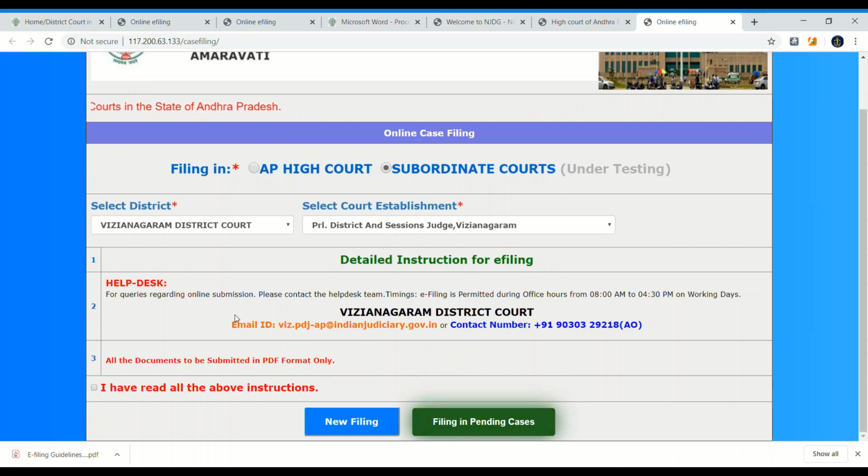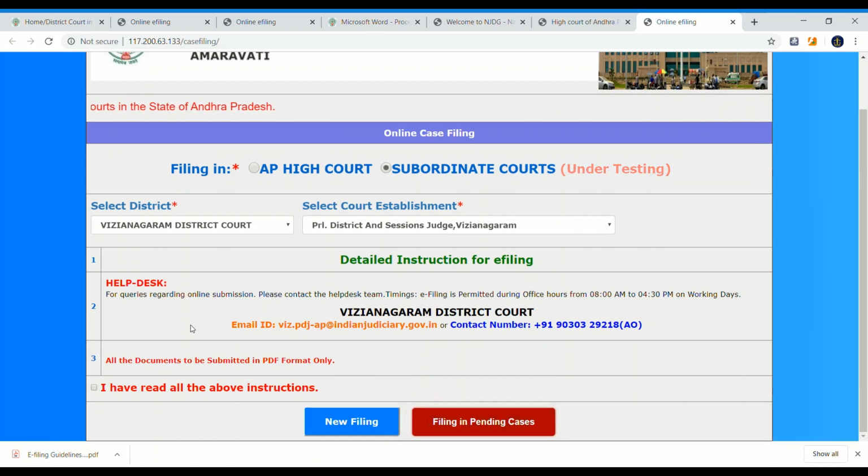Before filing a case, you have to create PDF files using CamScanner. And the person who files the case should have a mobile number as well as a mail ID, because further correspondence will be done through the mail and mobile number by the court.